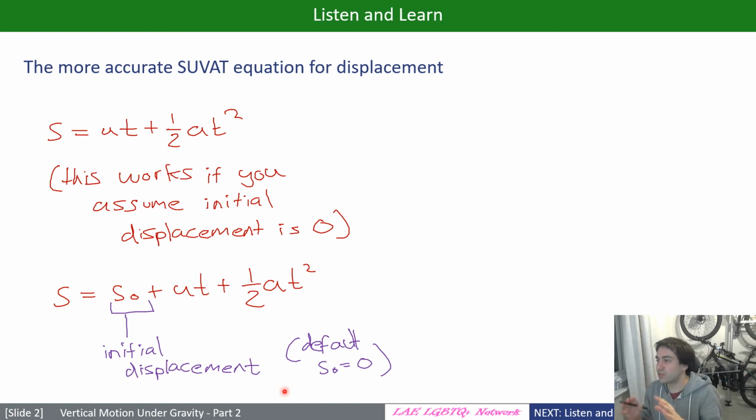And also, just in case you're worried that I'm teaching you just my version of things because I prefer it, this is actually completely legitimate. If you look up equations of motion on Wikipedia, if you look in higher level textbooks, this is what they'll use. They'll use this S0. It's very standard notation, but for whatever reason it just doesn't seem to be taught in this particular textbook that we use. I think it makes things a lot simpler,